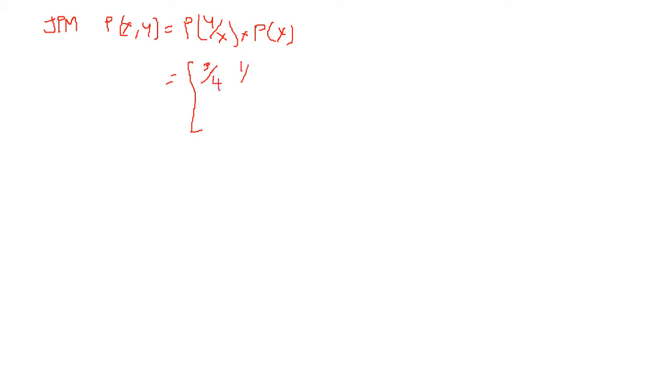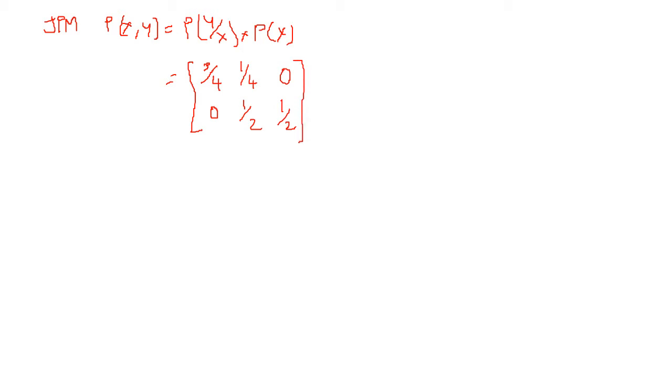Now from the joint probability matrix property, we can write P of x comma y is nothing but P of y by x into P of x. That is, we are going to multiply the conditional or channel matrix with the input probability value. So what is the channel matrix here? We have already written it. It is 3 by 4, 1 by 4, 0. Then it is 0, 1 by 2 and 1 by 2.